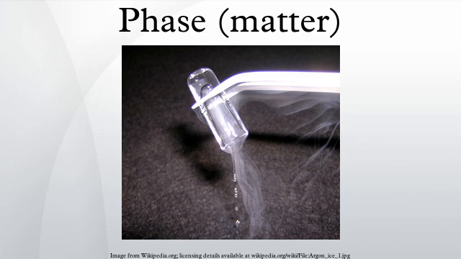In the physical sciences, a phase is a region of space throughout which all physical properties of a material are essentially uniform. Examples of physical properties include density, index of refraction, magnetization and chemical composition. A simple description is that a phase is a region of material that is chemically uniform, physically distinct, and mechanically